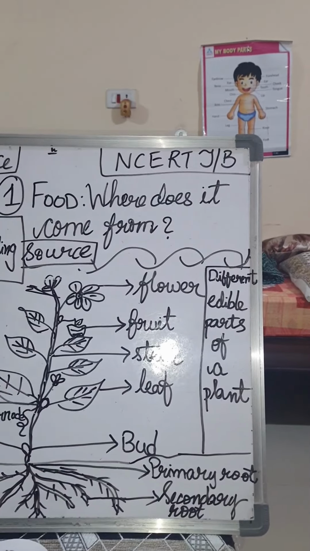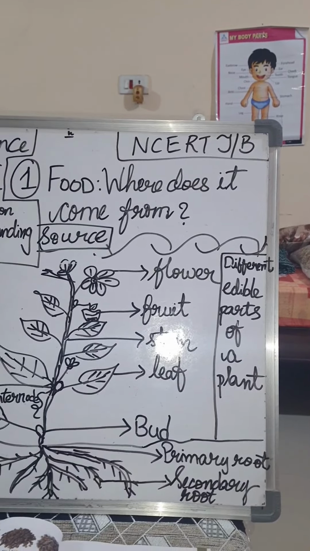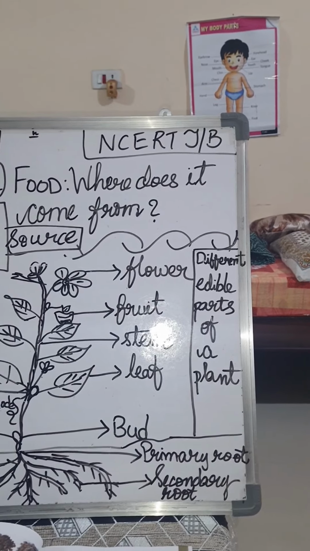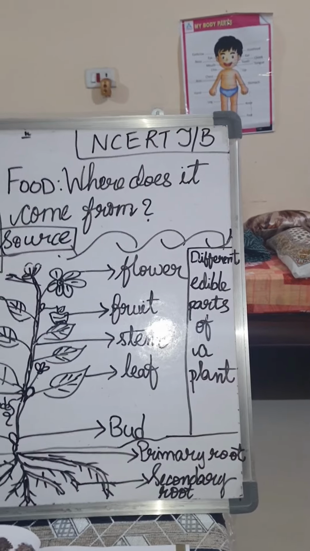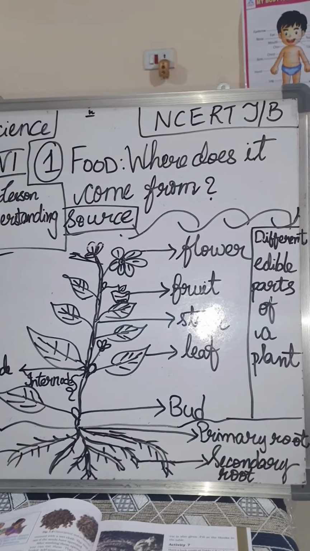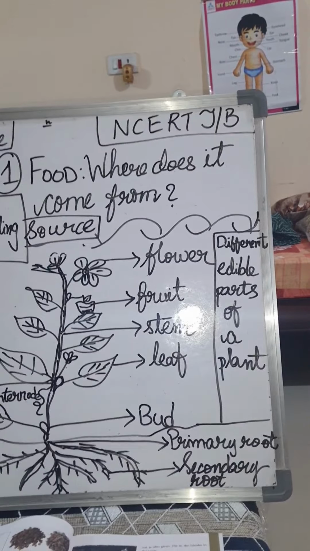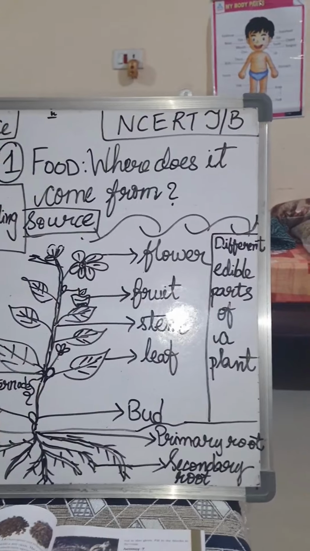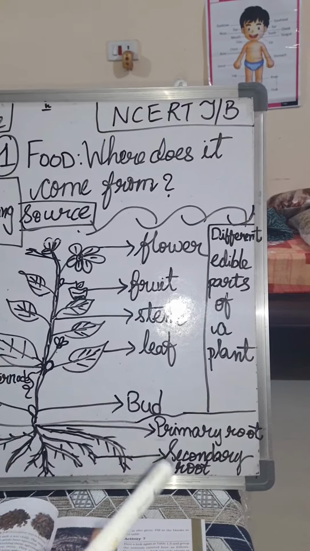And now fruits. Different fruits are there: tomatoes, chilies, and then pumpkin, and so many more. You have bottle gourd, ridge gourd, brinjal. These are the fruiting parts of a plant, you can't call them fruit, but they are the fruiting parts of the plant which we eat as vegetables. Now this is the stem and these are leaves, different leaves we are eating, as I just discussed.